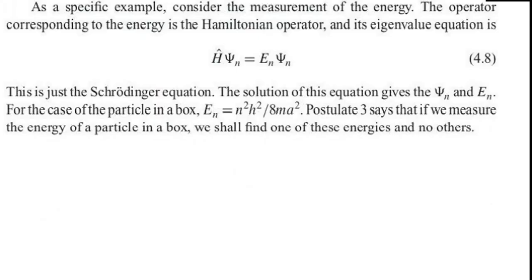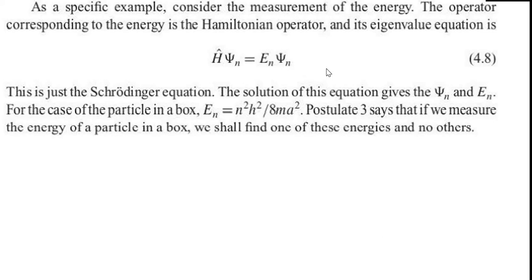And one prominent example is the Schrodinger equation itself. This is nothing but an eigenvalue eigenfunction equation, right, where H cap is the operator and its corresponding observable is energy. So energy, total energy of the system, consists of kinetic and potential. So that is the observable, and its corresponding operator, according to postulate 2, there must be an operator, so it is H cap, and it follows some equation like this, which we call eigenvalue eigenfunction equation, and the capital E suffix n is the eigenvalues of energy.